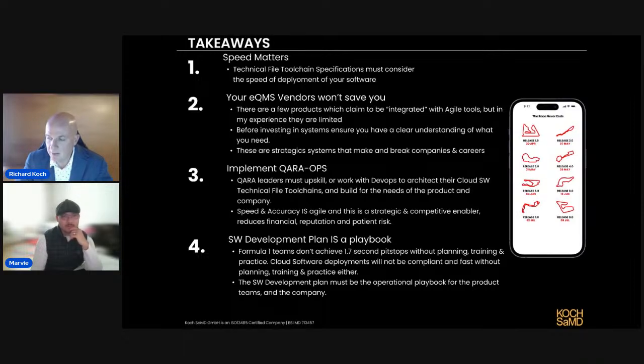But I think this touches on the point of why Marvi and I want to do a hands-on build-your-own medical device software course, from requirements to release, to take people step by step through the process. Because from what we can tell, no one is offering that at the moment. And it really is the best way to do it. You need to handle the tools, you need to be the developer, you need to compile the software, write the requirements, create the reports, do all of these steps that Marvi and I do every day, to really get that experience.